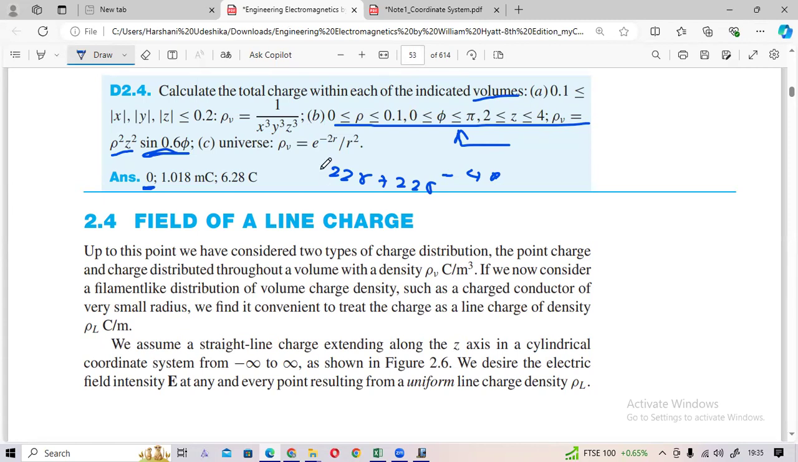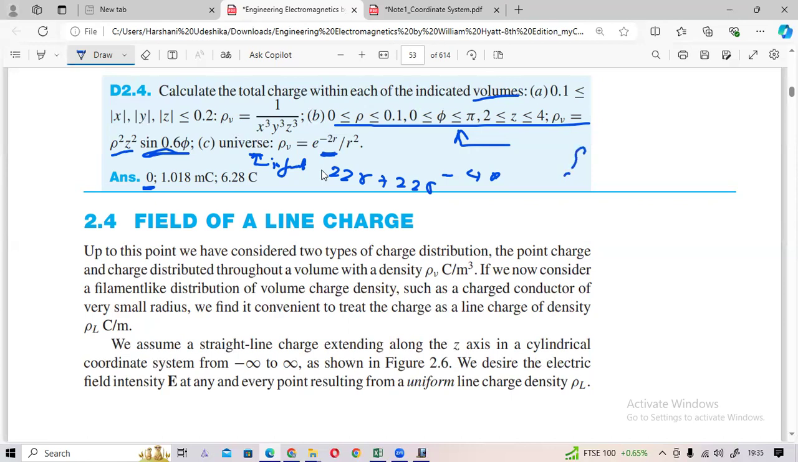Here another one is given, universe. So what does universe mean? Universe means infinity maybe. Maybe infinity. Okay, I don't know. So this is given in spherical coordinates. This should be in spherical coordinates. So they are talking about infinite spherical maybe. I'm not sure. Okay. Infinite spherical. That means